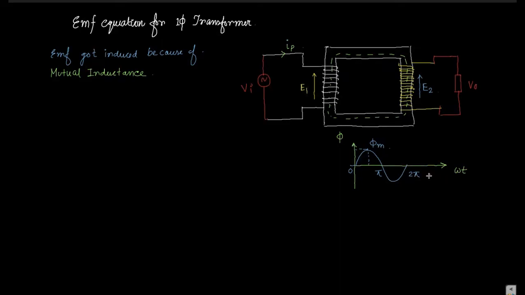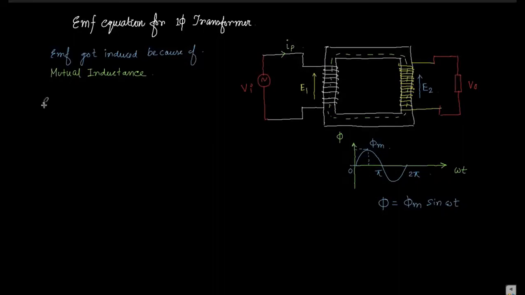So if the phi is alternating in nature, then what is the equation of the phi? If the magnitude or amplitude of the phi is phi m, so phi becomes phi m sine omega t. This is the phase of the phi. Okay, omega t. Okay, now if we apply Faraday's laws of electromagnetic induction, then what